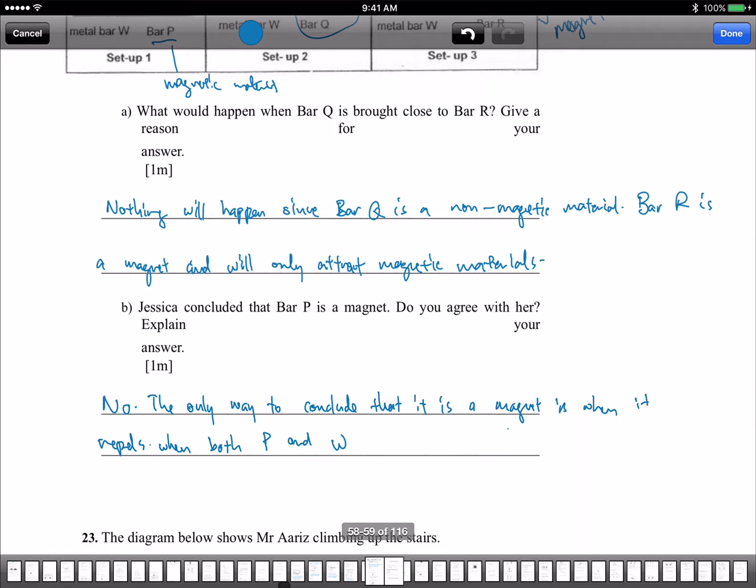Okay, the only way to conclude that P is a magnet is when it repels when both P and W are placed